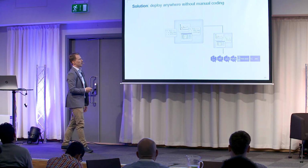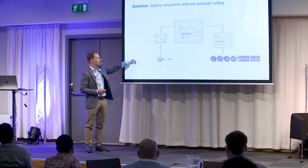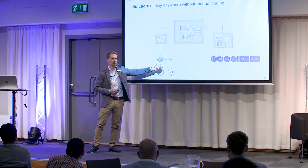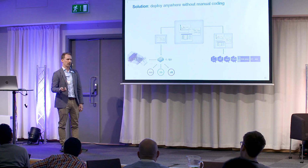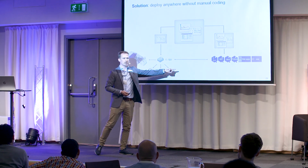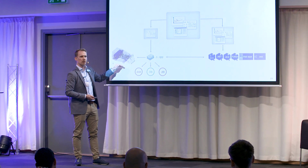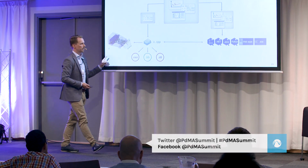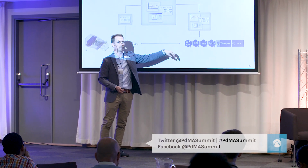The other approach is to actually go ahead and translate your algorithm into C or C++. And actually, we also support HDL for FPGAs and PLCs as well. This essentially means that you can put the algorithm on the embedded device itself or the edge. And in many cases, you combine these approaches. So you put some parts of your algorithm onto the edge device, for example, the feature extraction, and then you send only the features to the machine learning model, which might be running in the cloud, wrapped as a Python